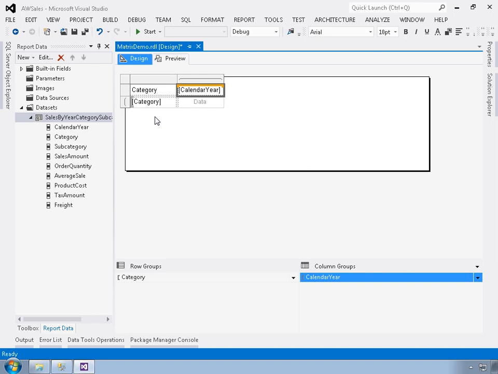Now, one thing to notice is that when I added category, it automatically added this static text to the column header. I can remove that, I can change it, do whatever it is. It's static text for that column. And then it also added the category to the row groups here, and calendar year to the column groups for these two panes. All right, now the details area of the matrix is going to contain both the sales amount and order quantity fields. So I'm first going to add sales amount here, drag that over into the data section right there,